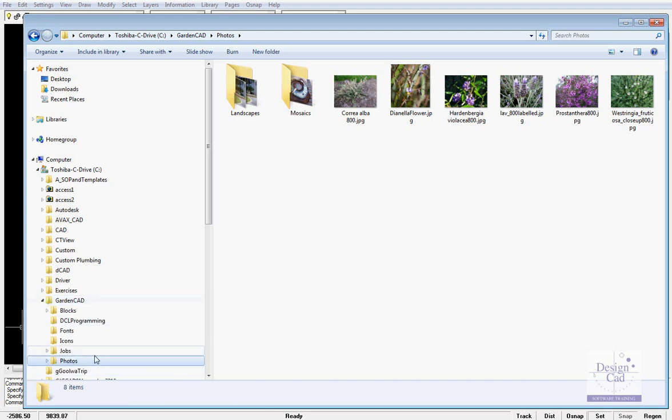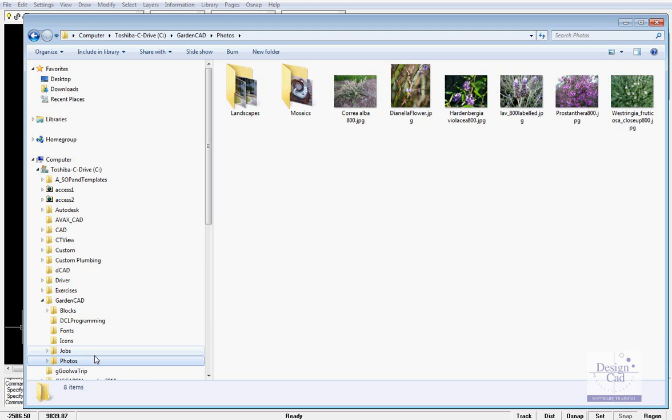It'll also happen if you happen to move, say in this case, the Photos folder. If you move it to another drive on your own computer, you will lose the path as well. GardenCAD will cope with you renaming folders and on the C drive, but it won't cope if you move them to other drives. It's a very long-winded way of saying be organised when you're using your photos. Create a named folder, put the images in there. You can use subfolders if you need, but keep the structure of the Photos folder exactly the same